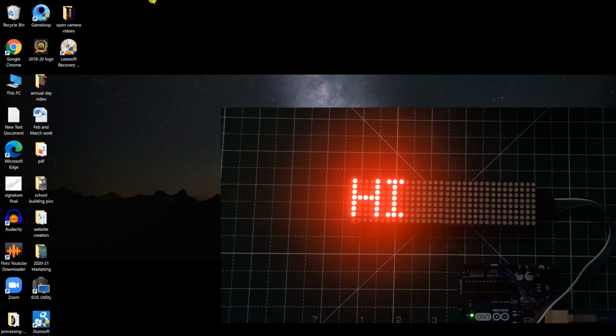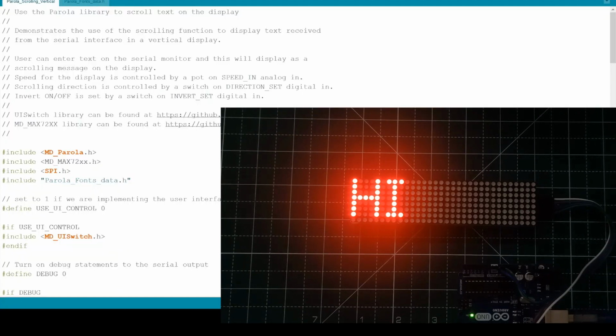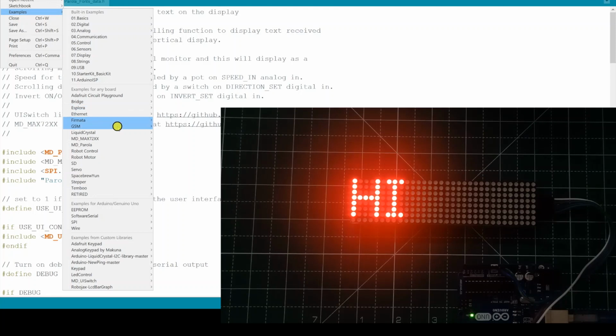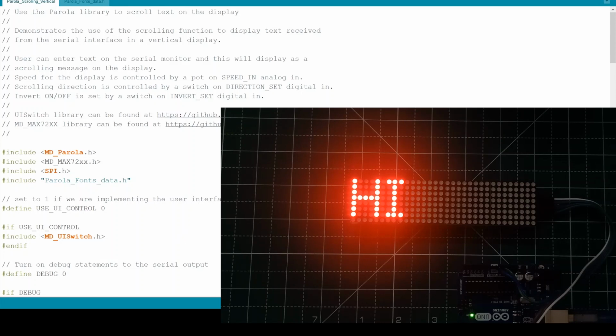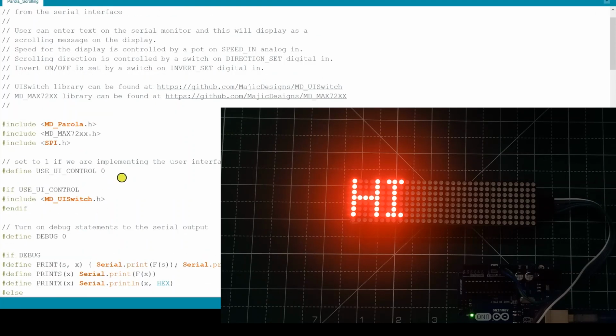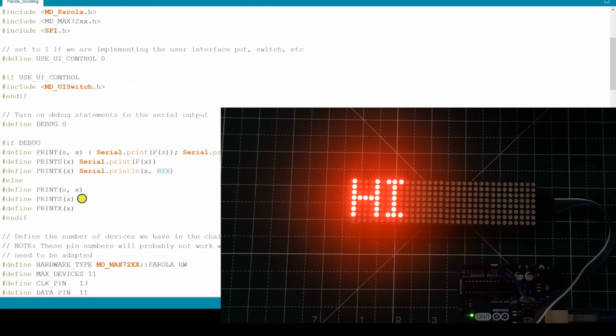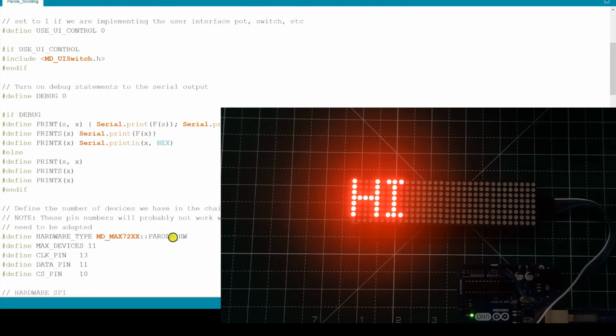Open the Arduino software, then once it's open, go to File, Examples, Parola. From Parola, you go to Parola Scrolling. Once this is open, go to the hardware type, change it to FC16 because it is an FC16 dot matrix, and maximum devices to 4.